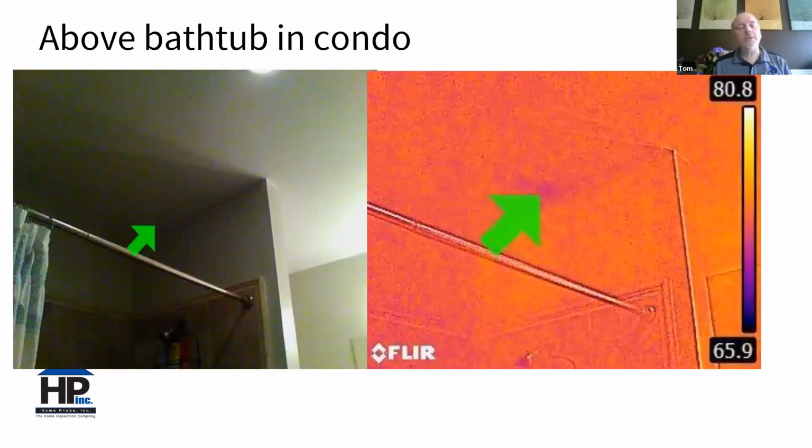This one was interesting. This was a condo. So even though the leak was not in our unit that we were inspecting, we did notice that the bathroom in the unit above this condo was having a leak in the toilet or shower. And again, no one had noticed it because it wasn't bad enough yet to actually start leaking and staining through the paint in the ceiling in the unit that we were inspecting. So we were able to get a hold of the owner above